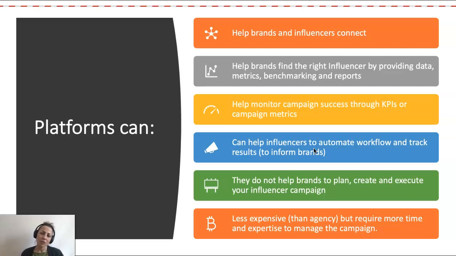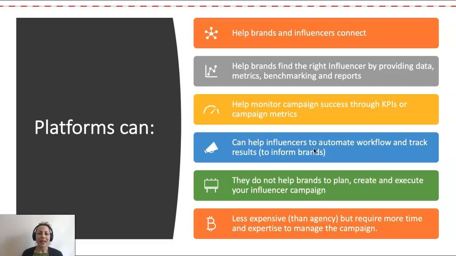So you won't get the full end-to-end service that an agency provides, but you'll certainly get lots of metrics and data to help measure the success of your influencer once you've started the relationship with them. So overall, less expensive than an agency, but does require more time and more expertise to manage the campaign and to develop the creative process with the influencer.